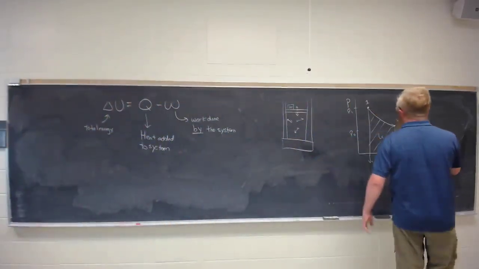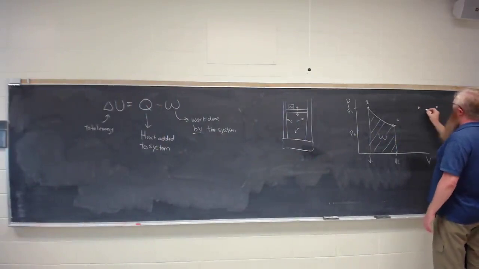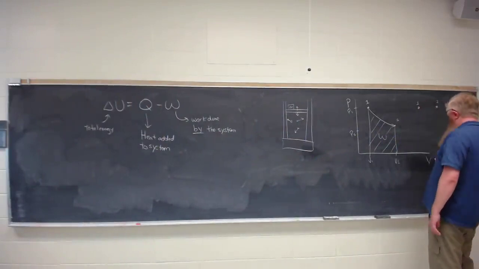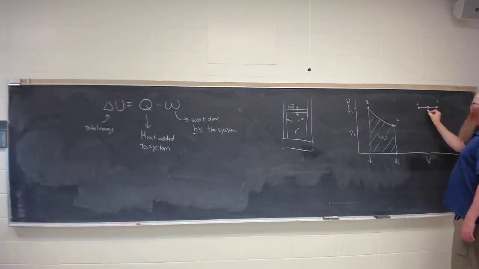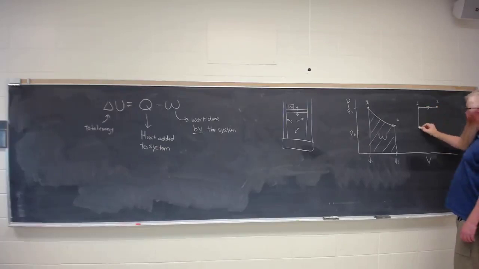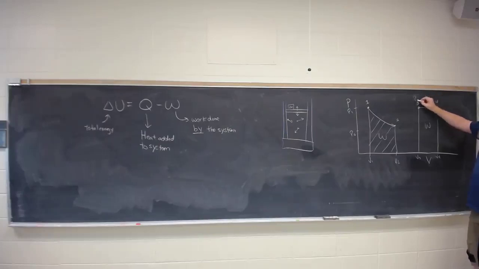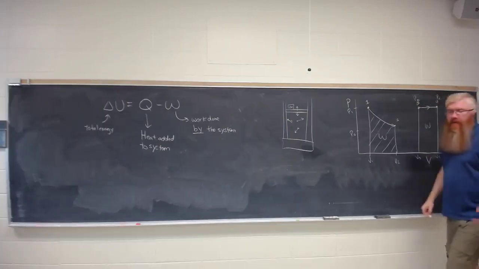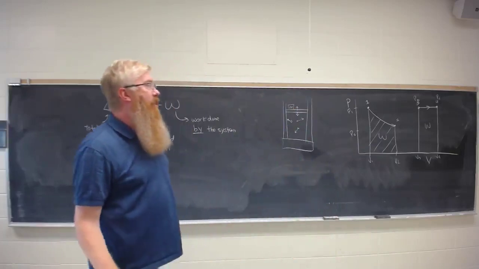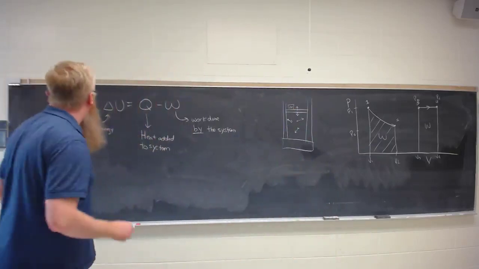So if it's a constant pressure situation, the pressure doesn't change, you have 1 and 2 here, let's move the volume over. So it just goes up and increases in volume. That means that positive work was done, and you just have to calculate the area under this. If you know what V1 and V2, let's call it V3 and V4, and you know what P3 and P4 is, which is the same, because the pressure hasn't changed, you can then just do length times width, get the area of the rectangle and figure out how much work was done. So work is equal to